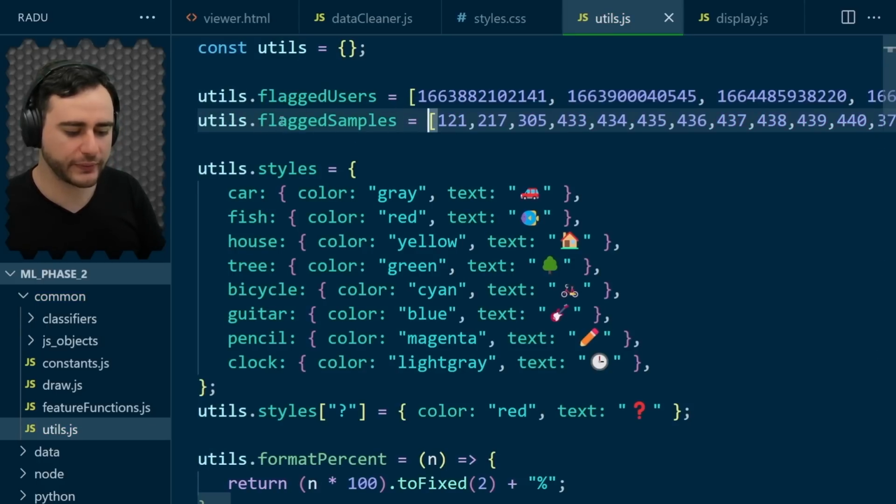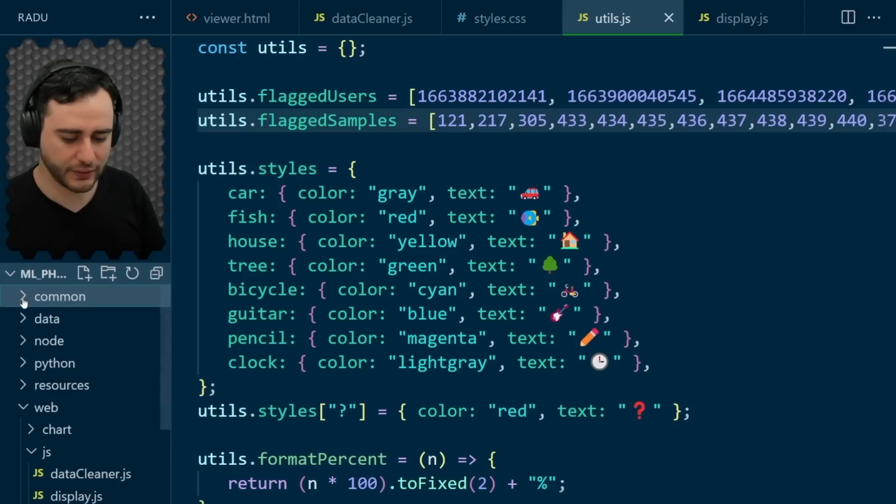And now we're going to use these flagged samples when creating the dataset to omit them from the raw data. We'll still keep them in the raw data for reference, but we won't be using them in any of our tasks. So let's go here